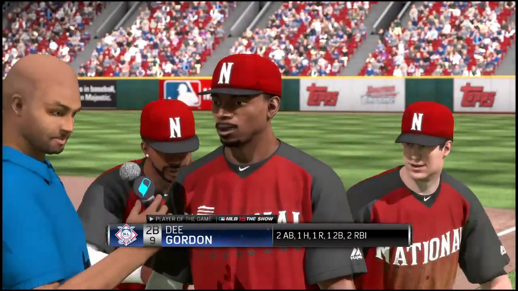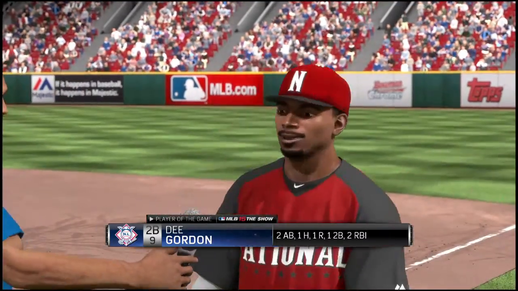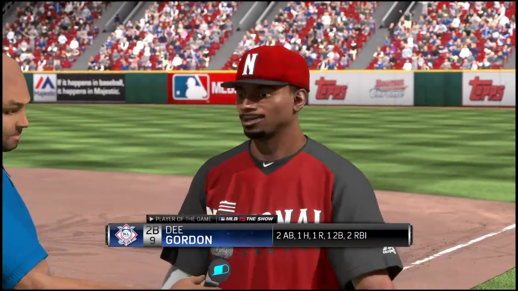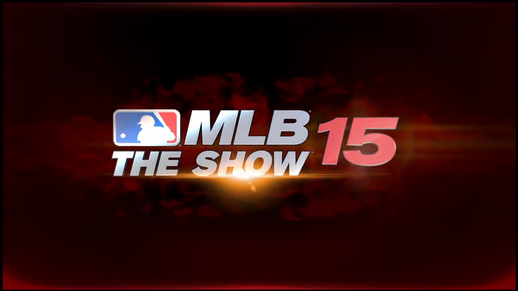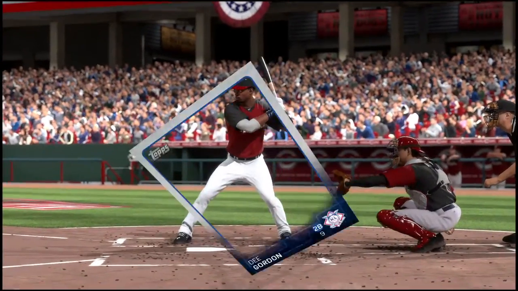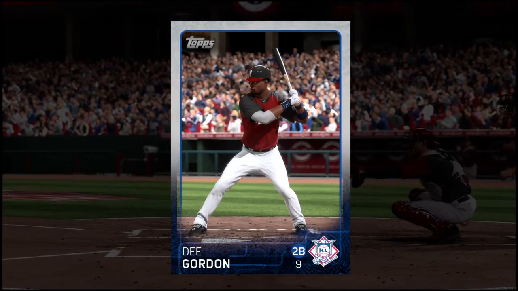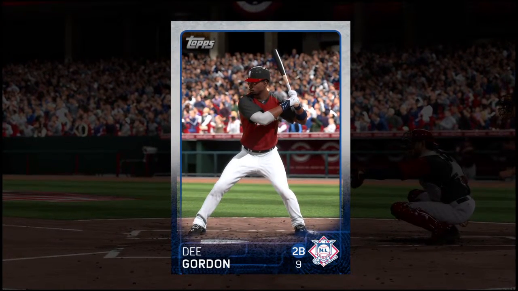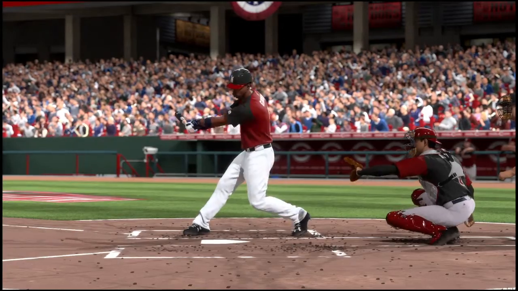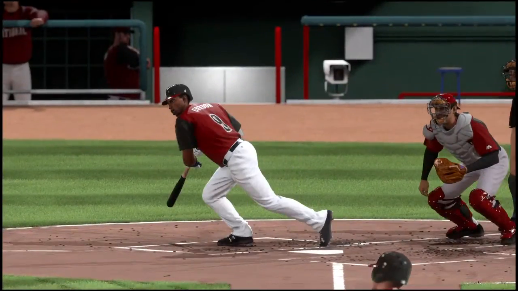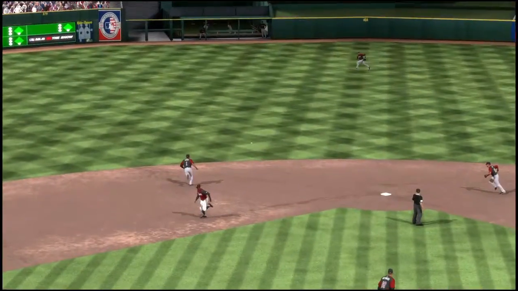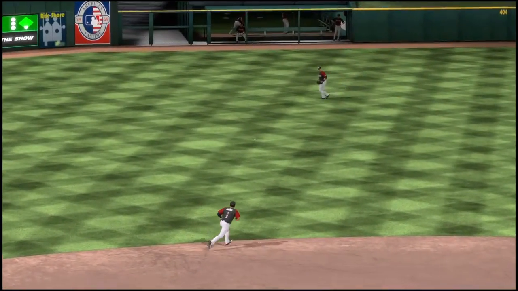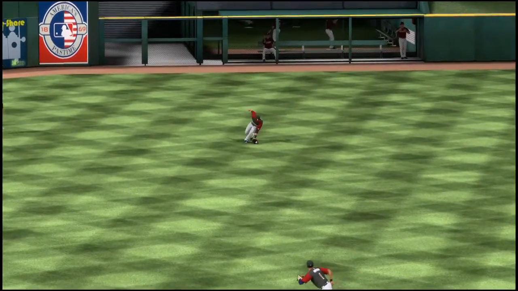And in an all-star game atmosphere like this, it can sometimes be hard to single out one player for an MVP award, but the writers here have spoken as you get a look at our all-star game most valuable player presented by Topps. And I don't know if this was a unanimous selection or not. There's probably some writer out there who disagrees, but he's a worthy all-star game MVP in my book. And I think all 3 of us put his name down at the top of our ballots.